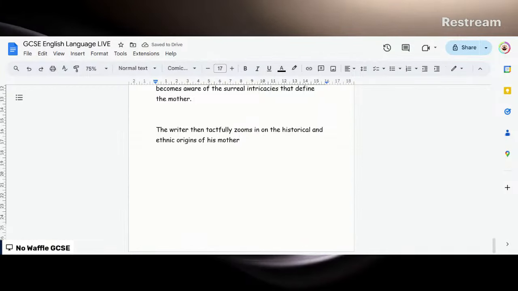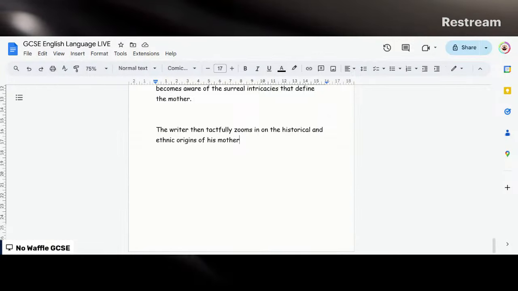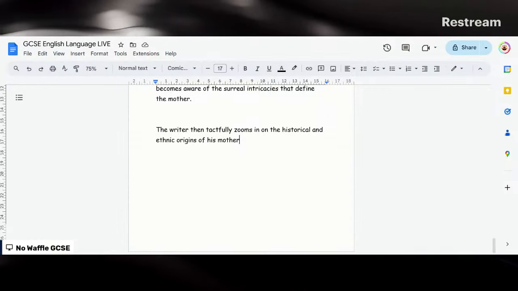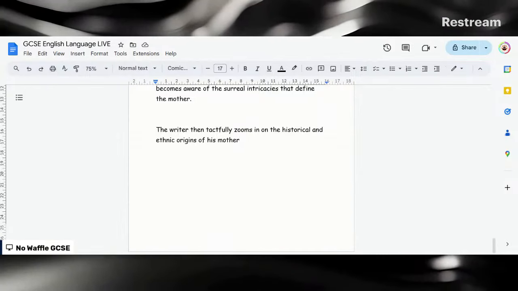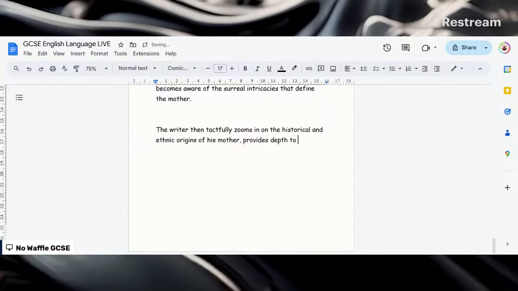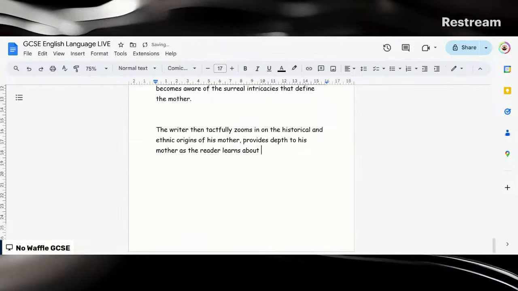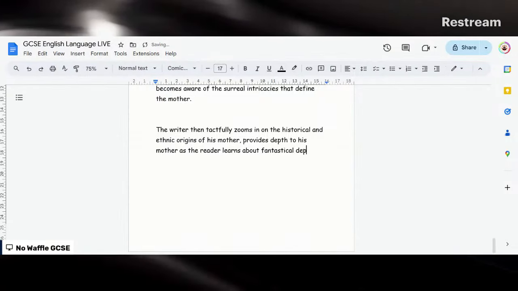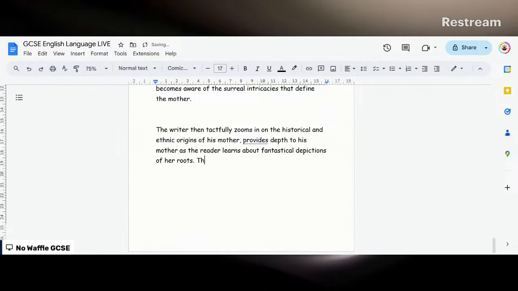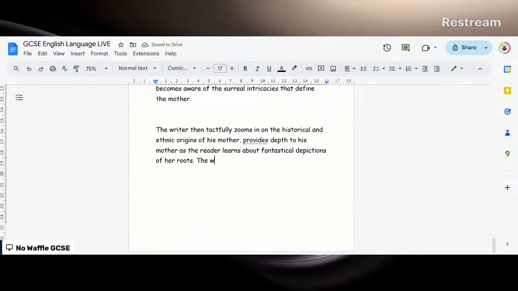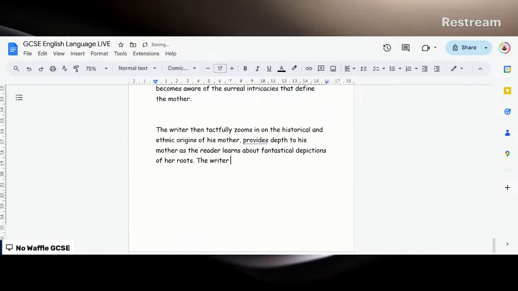Okay. So what quote can we use? We can say the writer then tactfully zooms in on the historical and ethnic origins of his mother, and this provides depth to his mother as the reader learns about fantastical depictions of her roots. Okay, and then the quote we're going to look at is when he says an eccentric mixture of the tribal and the Celtic. So we can say the writer distinguishes